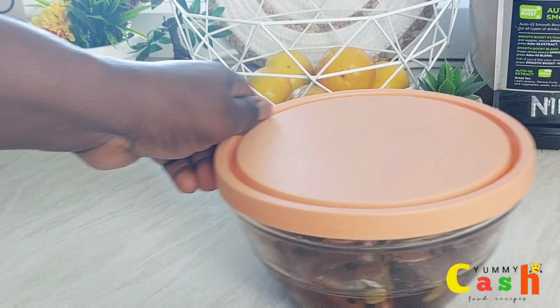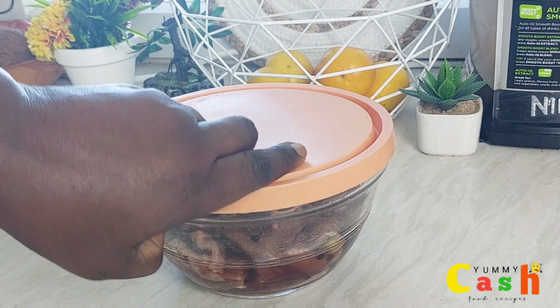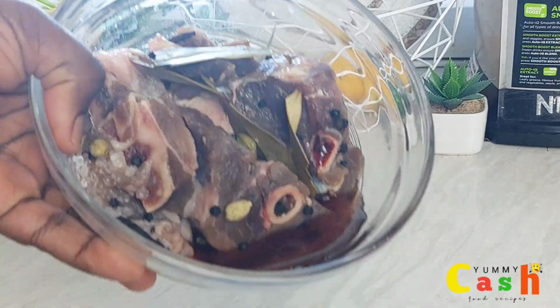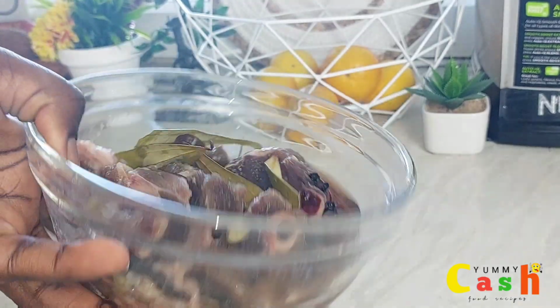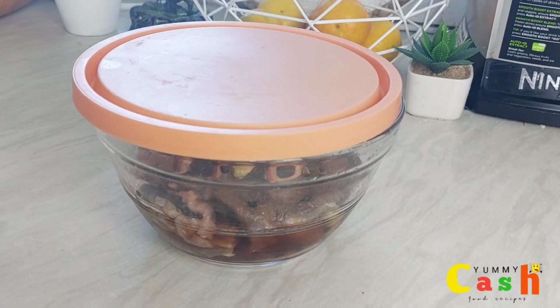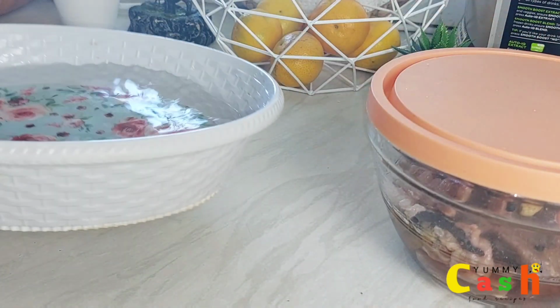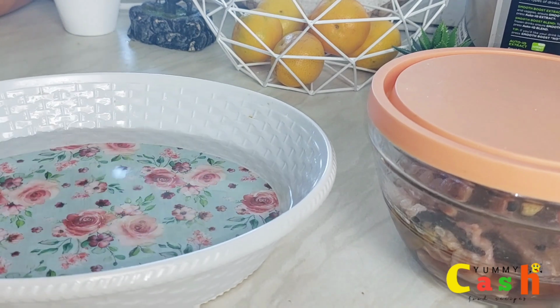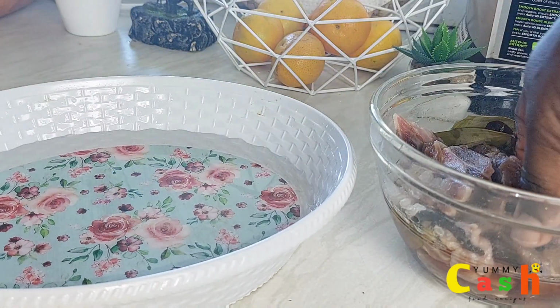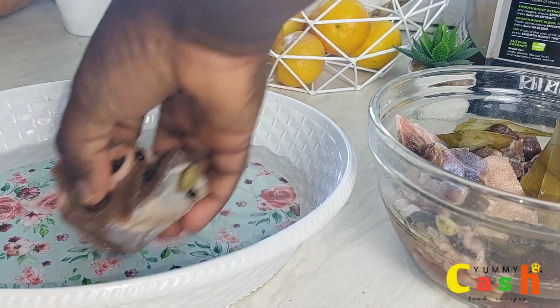So it is after 3 days, and this is what we are having. You can see that the color has changed. It is not kaput or it is not spoiled. It has rather improved the taste and the flavor of the goat's meat. So at this point, it is time to wash it. And if you want to keep it in your refrigerator, you can refrigerate it for at most